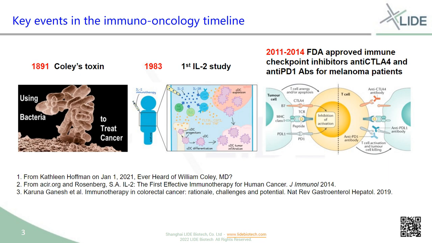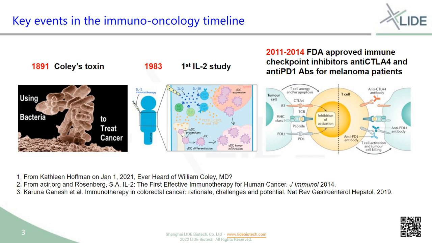Since then, immunotherapy went into a dark era, and people who did such work were heavily criticized until March 2011, when the first CTLA4 antibody was approved by the US FDA for advanced melanoma patients. Then another famous T-cell checkpoint, PD-1, and its ligand PDL1, had their antibodies approved by the FDA for melanoma, lung cancer, and brain cancer in the next few years. Now, CAR T-cell therapy has had great success in blood cancer by targeting CD19 or BCMA,